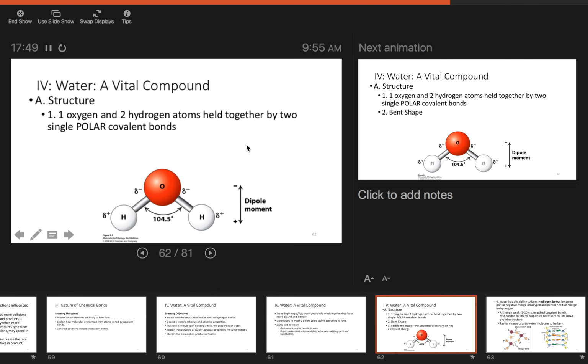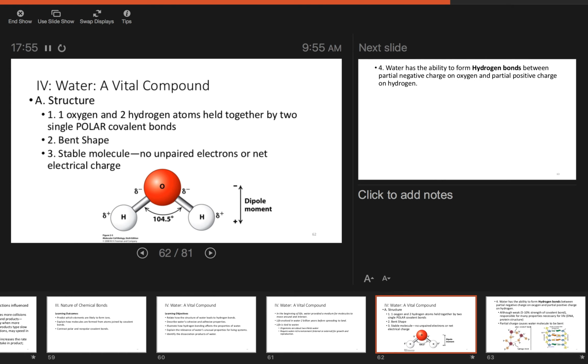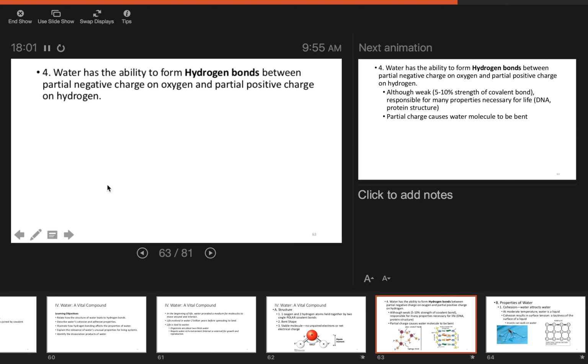And the reason why CO2 is linear is because of those double bonds. Double bonds are a little bit more rigid than single bonds. Okay. All right, so water is a pretty stable molecule. There's no unpaired electrons or any net electrical charge. And water, because of its dipole, the positive end and negative end, literally acts like tiny little magnets, and they can interact with other water molecules. And how they interact is through hydrogen bonds. So the partial negative charge on an oxygen interacts with the partial positive charge on a hydrogen of an adjoining or